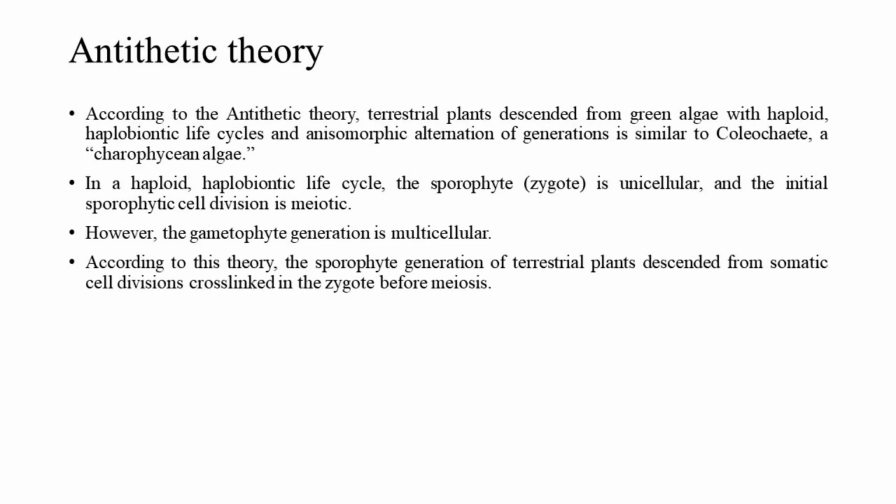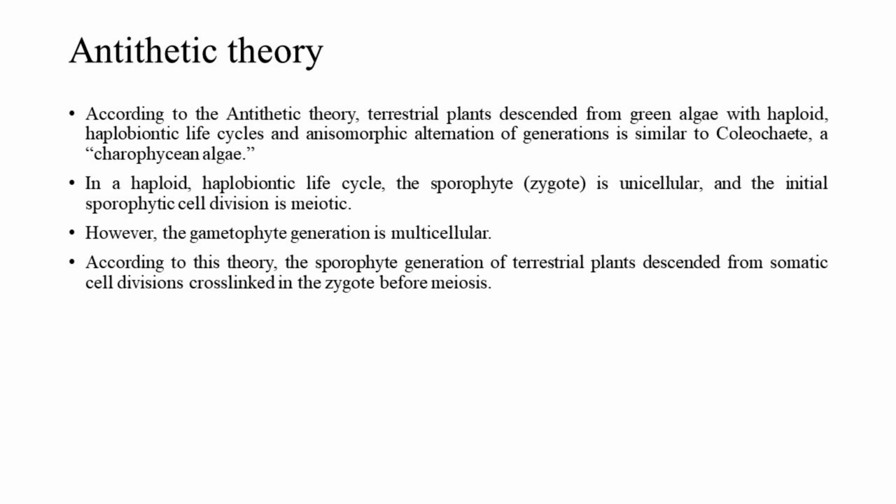Antithetic theory. According to the antithetic theory, terrestrial plants descended from green algae with haploid, haplobiontic life cycles and anisomorphic alternation of generations, similar to Coleochaete, a charophycean alga. In a haploid, haplobiontic life cycle, the sporophyte, the zygote, is unicellular, and the initial sporophytic cell division is meiotic. However, the gametophyte generation is multicellular. According to this theory, the sporophyte generation of terrestrial plants descended from somatic cell divisions